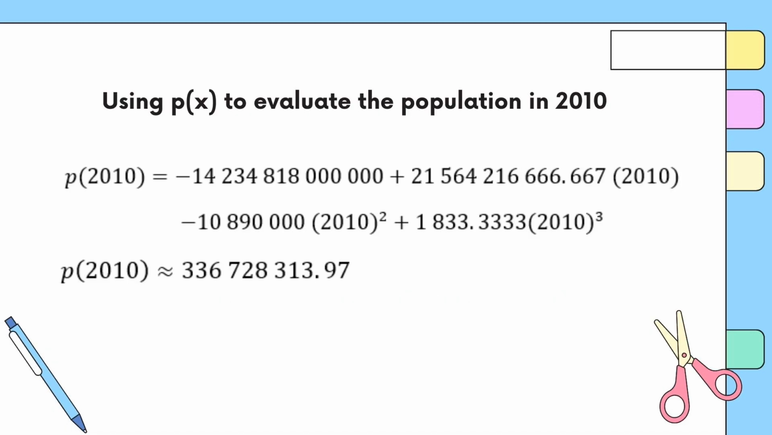Now, we're going to use p(x) to evaluate the population in 2010. So, p(2010) equals negative 14,234,818,000,000 plus 21,564,216,666.667 times 2010 minus 10,890,000 times 2010 squared plus 1,833.3333 times 2010 cubed. So, p(2010) is approximately equal to